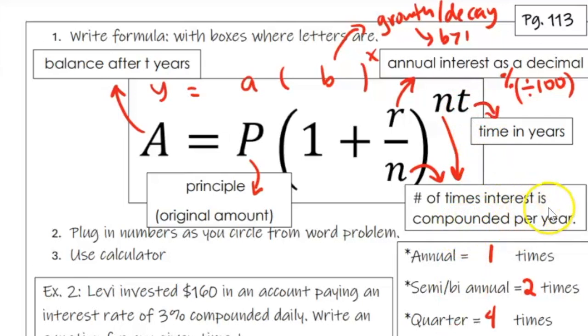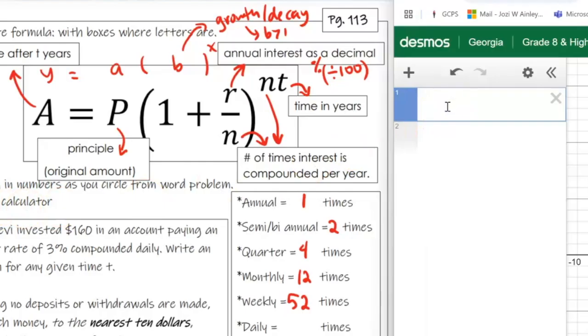Once you know the definitions, the rest of it is really simple. You're plugging in the numbers as you circle them from the word problem. You're going to use a calculator. So in this calculator, I'm going to start off with my entire formula. So I have A equals capital P parentheses 1 plus r divided by n, raised to the power of nt. Now, all I'm going to do is plug in the numbers as I circle them from the word problem, use